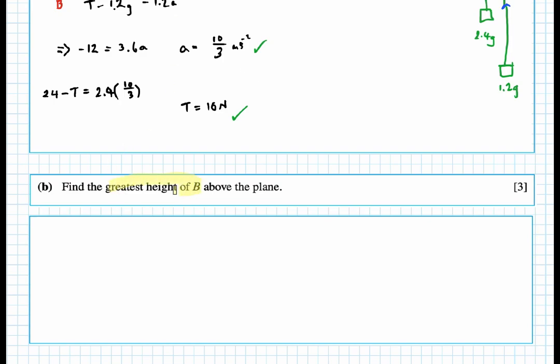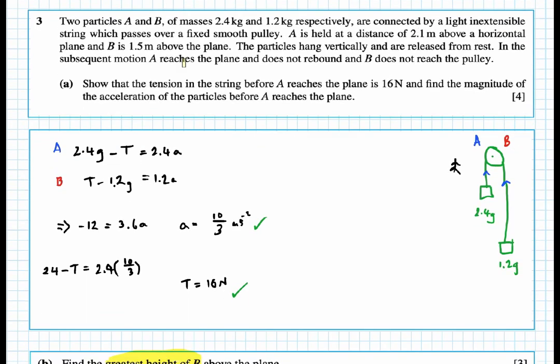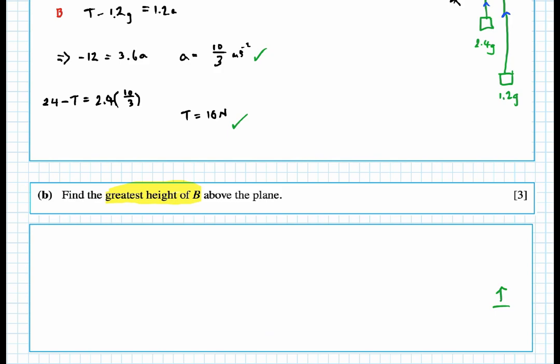Part B. Find the greatest height of B above the plane. Okay, we're going to have to draw another little sketch here, I think, because we have distances we were given. So we were given 2.1 and 1.5. And we'll have to find another vertical height. So if we just start from the ground up in a way, you'd have the 1.5 to A, and then 2.1 meters to B, and from there we're not really sure, so there's a maximum height we have